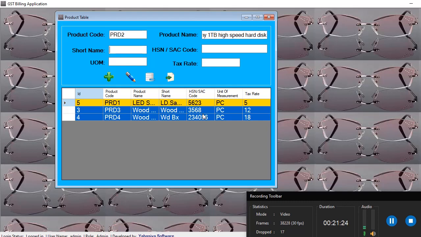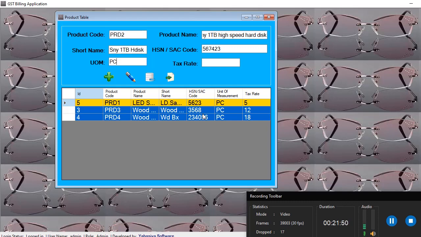Then short name, Sunway 1 TB disk. This is the short name. SAC code, unit of measurement, piece. The unit of measurement should be very short.